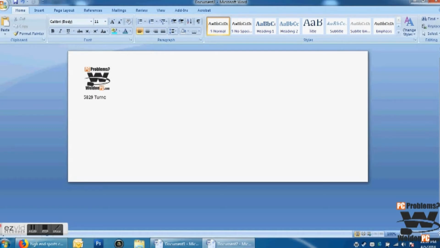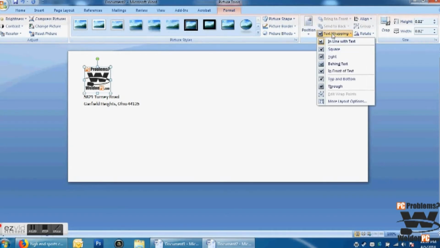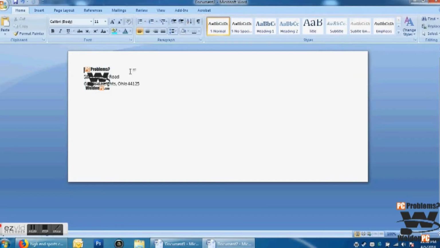Just hit Shift and Enter on your keyboard. In normal text, we'll write 5829 Turney Road. Shift and Enter, Garfield Heights, Ohio, 44125. The Shift Enter gives us a carriage return. In other words, it will not space and a half or double space. It gives us that nice clean spacing there. If we change that in front of the text, it'll mess everything up. So if I press the Enter key